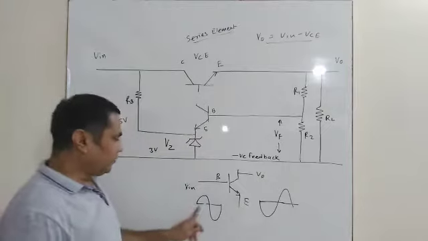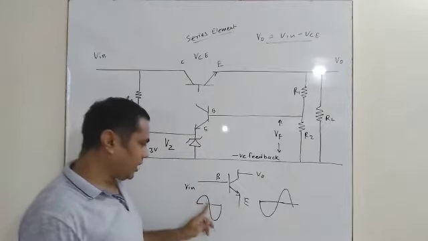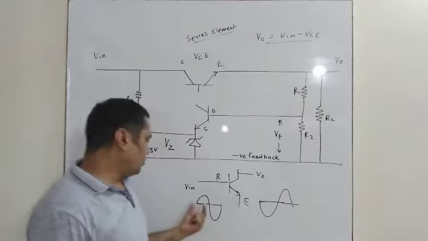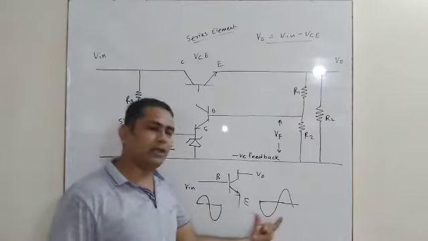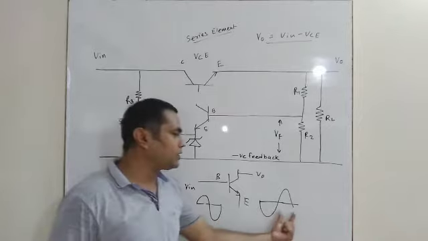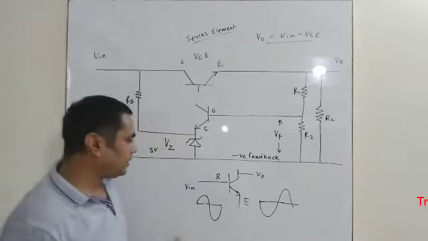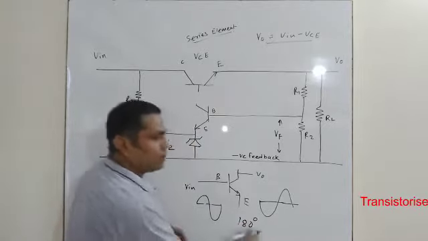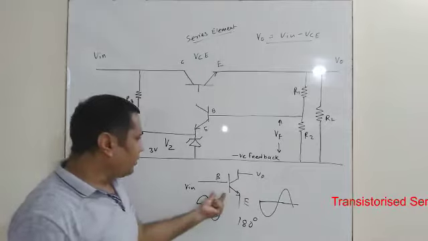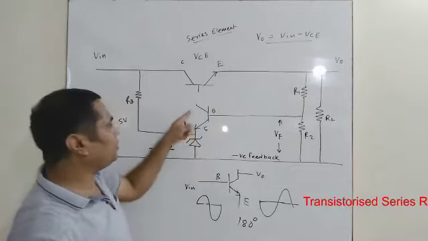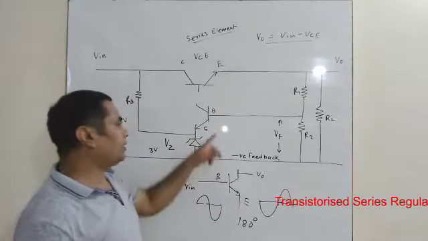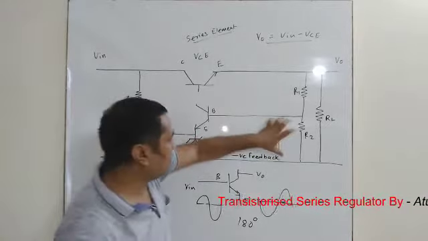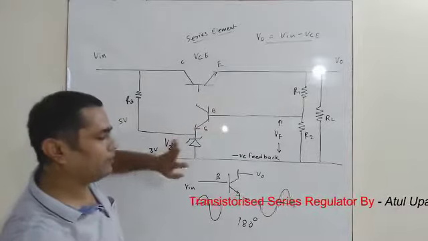You can see for the first half cycle we are getting a positive half cycle at the input, and at the output we are getting a negative half cycle. So when positive voltage is given, output will be negative, and when negative voltage is given, output is positive. In this way we can say that the input and output have a 180 degree out of phase relation in a common emitter amplifier. So this property is used here. That is why we have used a common emitter configuration here to remove the fluctuations. So the feedback voltage is connected to the common emitter amplifier.